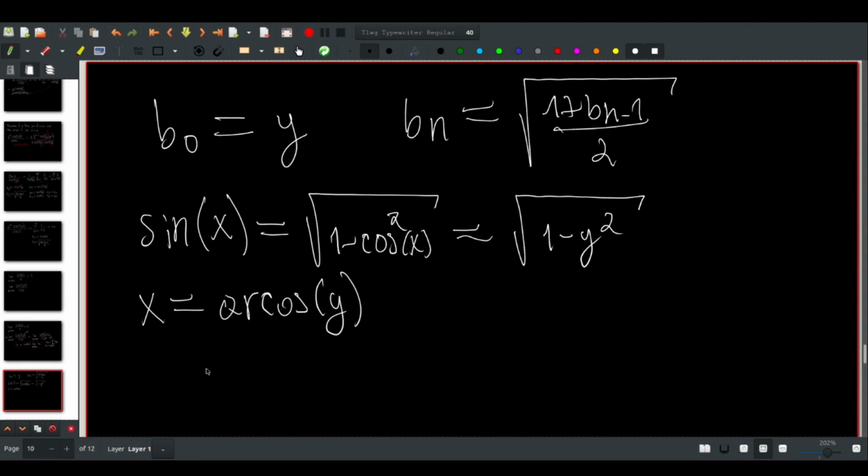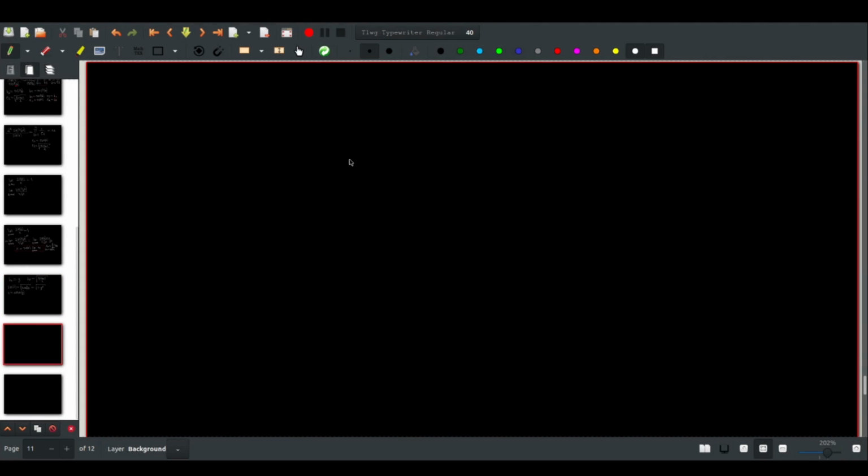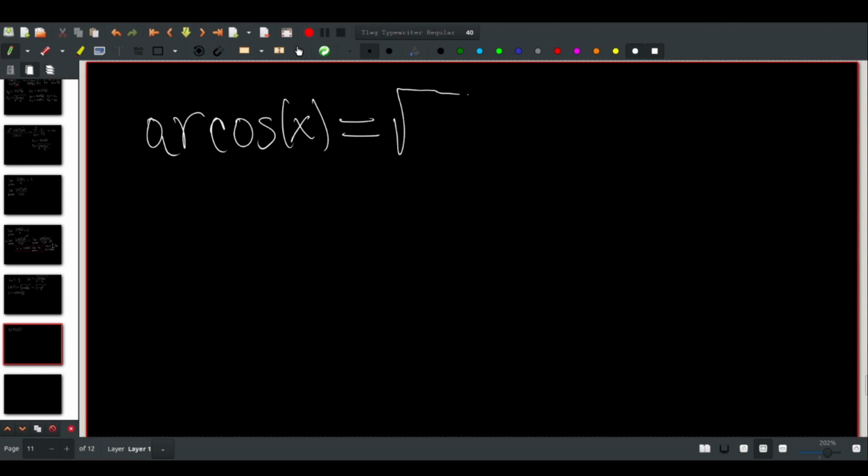So what we get in the end is the following formula. We get a formula for the arc cosine. What we get is that the arc cosine of x is equal to the square root of 1 minus x squared. I'm shifting back into calling this x, times the product from n equals 1 to infinity of